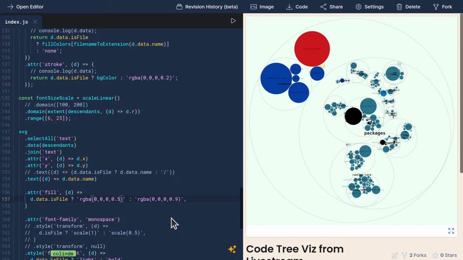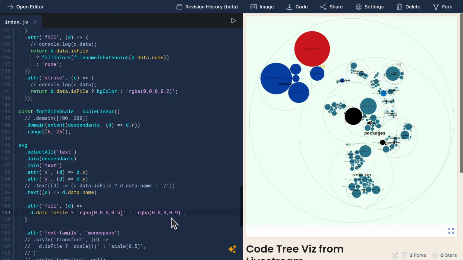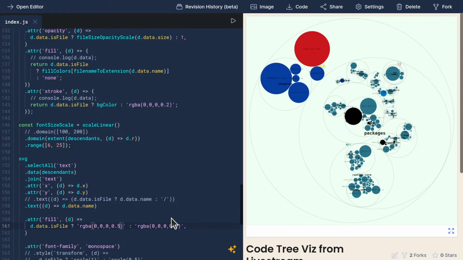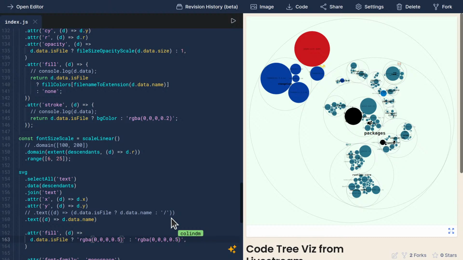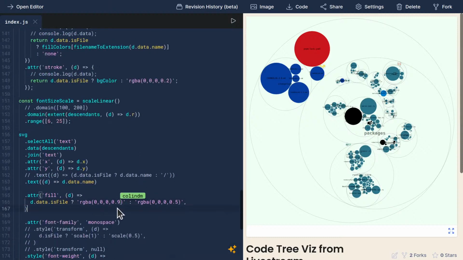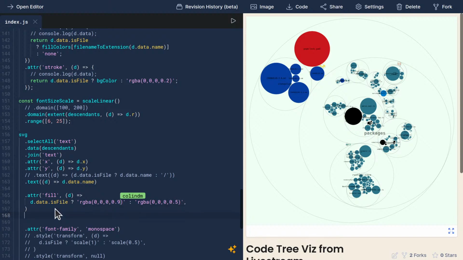I almost want the files to be fully opaque, and then the directories should be more like. Yeah, I guess that makes more sense. Transparent, like this. Just yeah. What if the text had like a white background? Because it's kind of hard to see against the black circles. We gotta do that. Yeah, I know that one. Paint